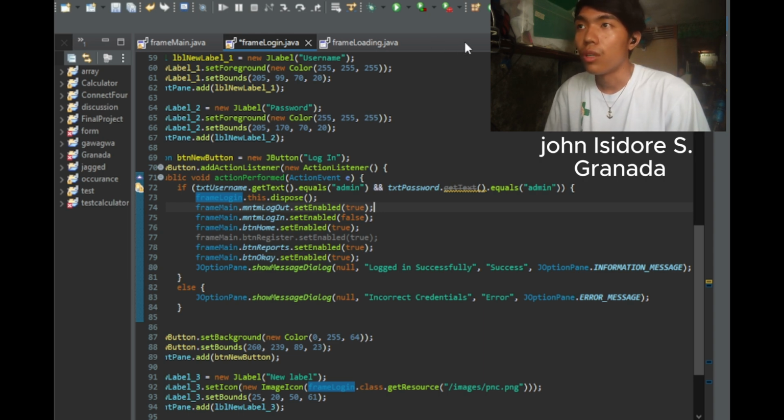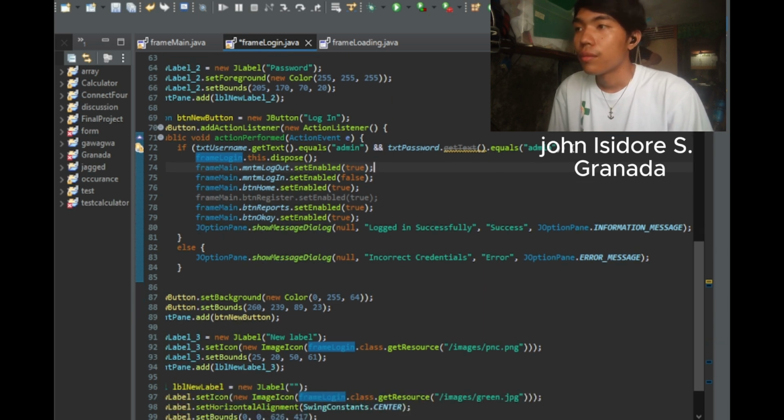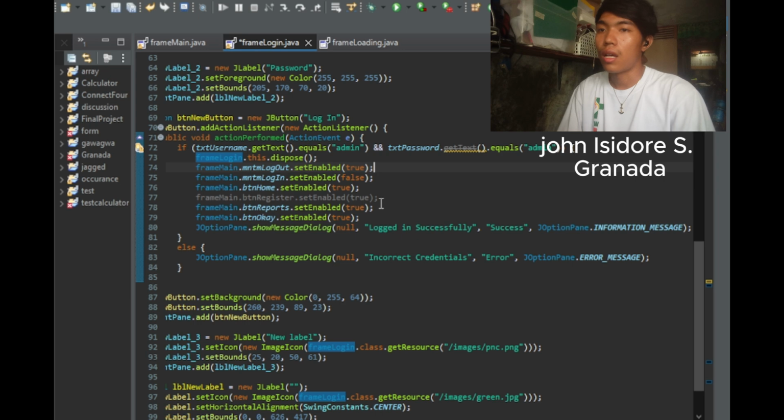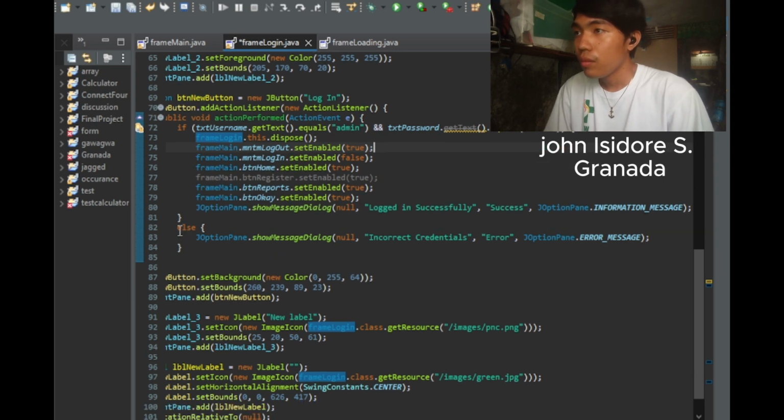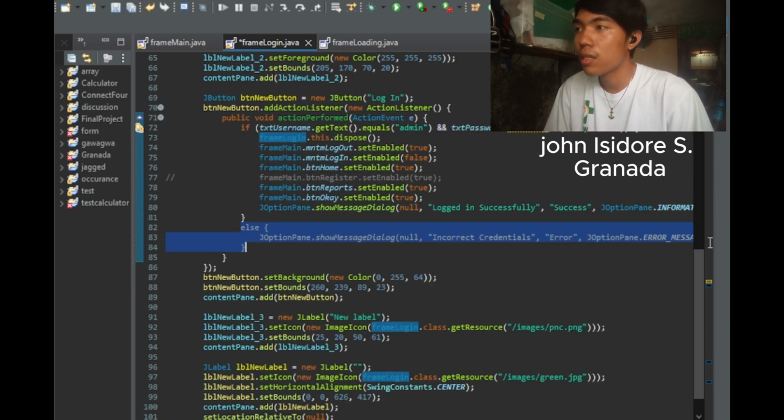So they will be clickable. When you are not logged in, the log out, home, reports, and OK buttons will not be clickable. The only clickable one is the login button. Then next is the else.